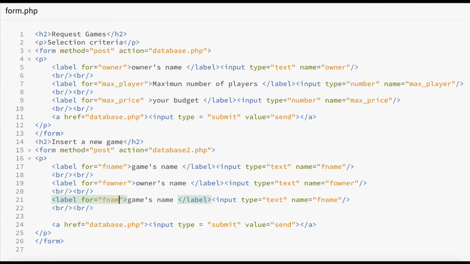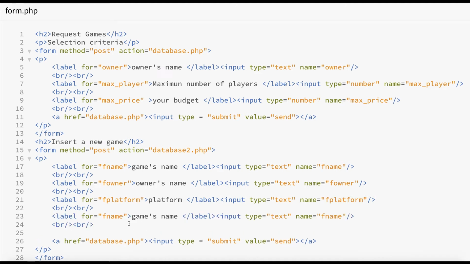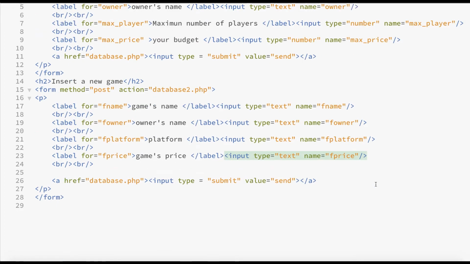Then there was platform, here platform, F platform. Then we had price, here games price, here F price.